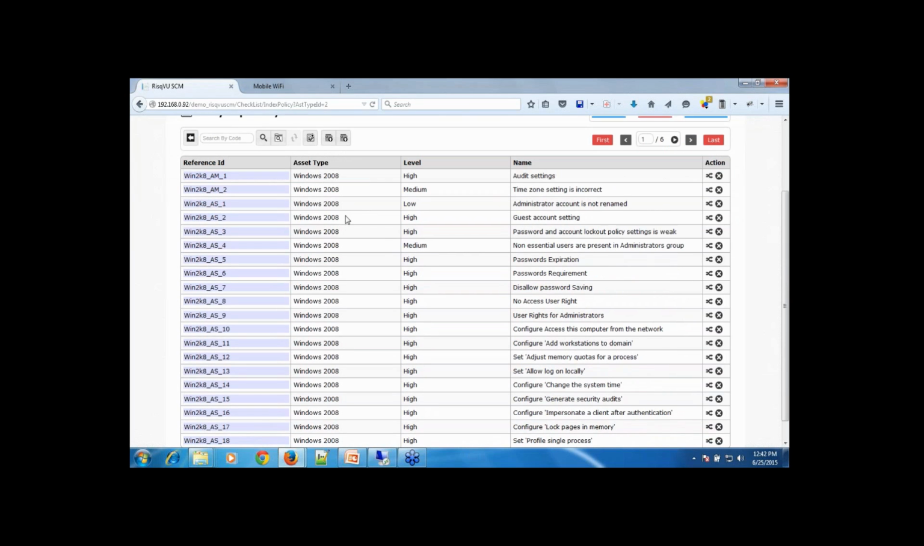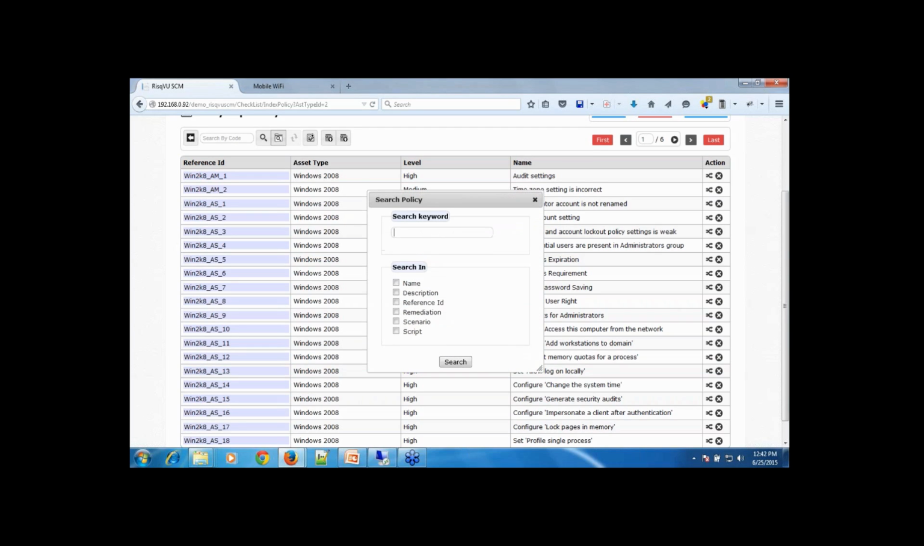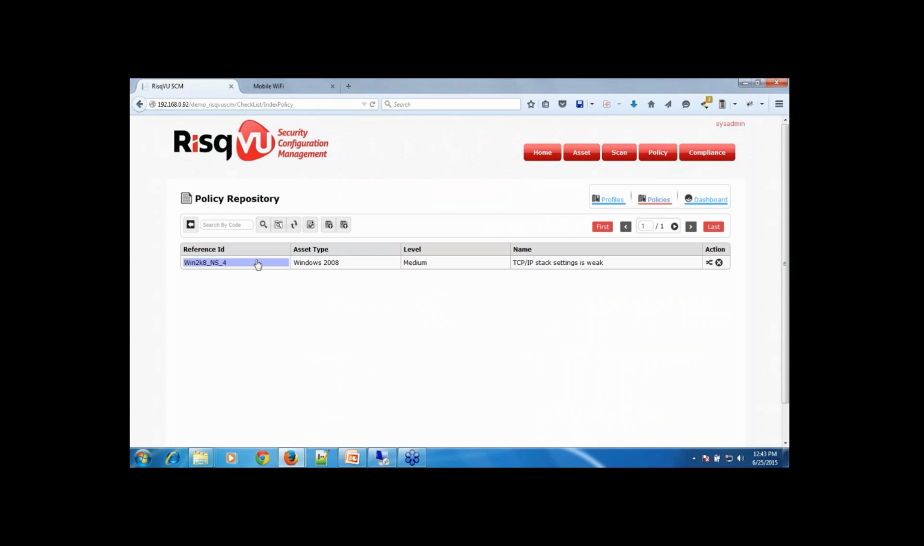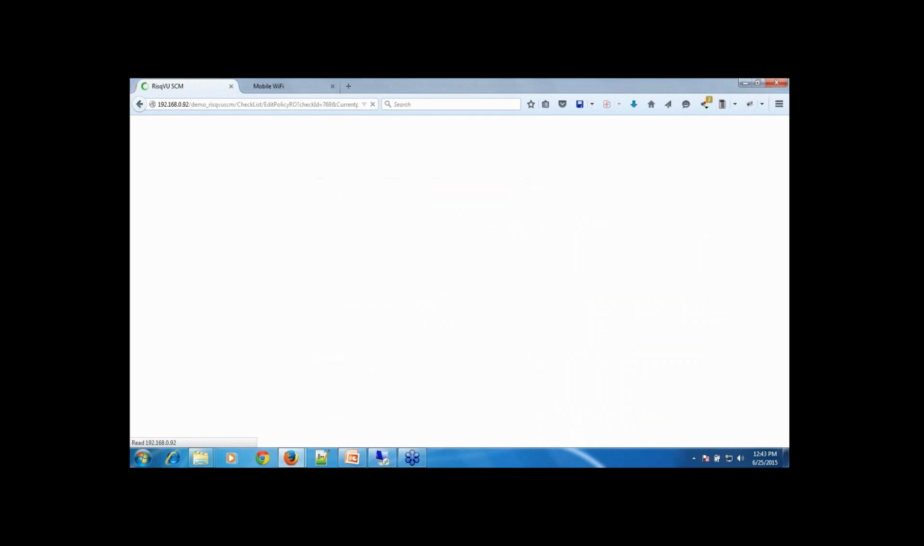Now, RISC-V has a huge repository of predefined policies which can be used to assess the insecure configurations in any target machine. We can search by keyword over here. For example, I just want to search for what all things are available for a TCP/IP setting. So I would say TCP, and I would search in the name, and let's see. And there is one setting called TCP/IP stack settings is weak, and